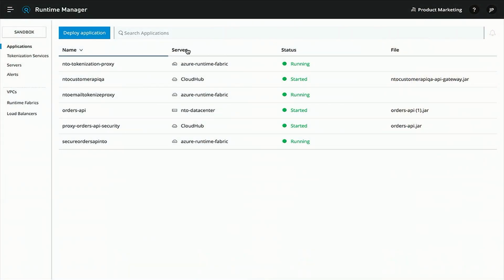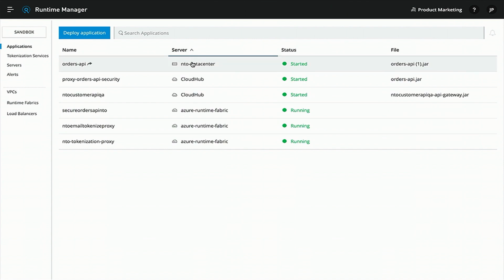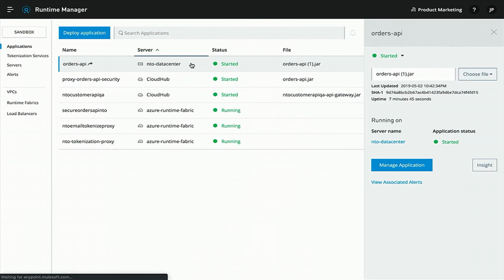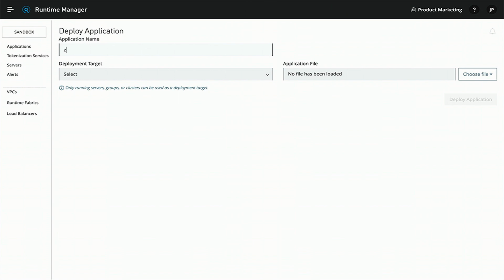So the first thing he does is go to Runtime Manager, where he can see all his APIs and applications in one place. So he can see data center apps, Azure apps, and CloudHub apps all in one place. And since the orders API is deployed on-prem, he has access to the .jar file, which is how Mule applications are packaged. So to deploy this to the cloud, all he needs to do is hit the deploy button, give it